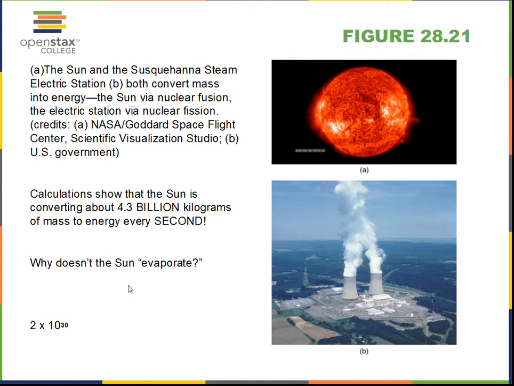Well, the sun does not evaporate because this is the mass of the sun in kilograms. This is 4.3 times 10 to the 9th. The mass of the sun is 2 times 10 to the 30th in kilograms, and consequently, this can go on a lot of years. Scientists believe it's been occurring for almost 5 billion years, and there's about 5 billion years left of fuel supply in the sun, this hydrogen reaction. Down here, nuclear power plant. Again, this is fission, the sun is fusion, and we'll study that difference in a future chapter.